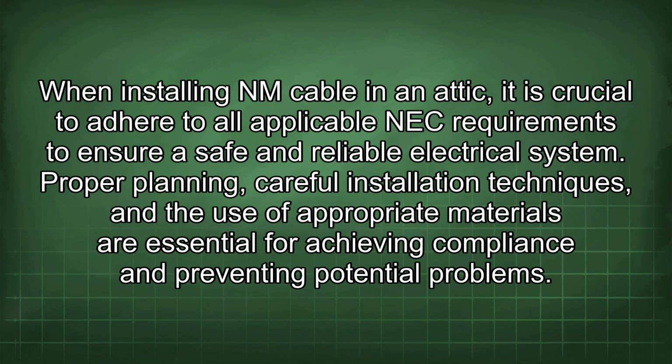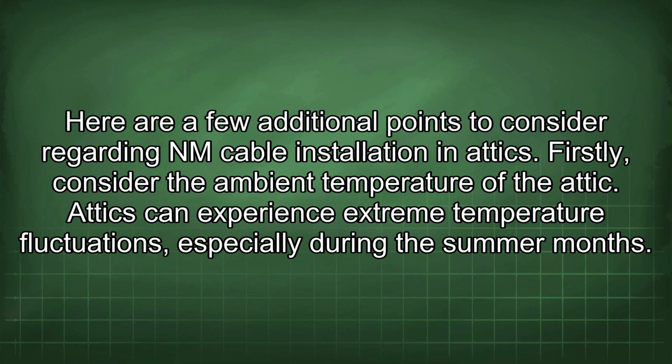When installing NM cable in an attic, it is crucial to adhere to all applicable NEC requirements to ensure a safe and reliable electrical system. Proper planning, careful installation techniques, and the use of appropriate materials are essential for achieving compliance and preventing potential problems. Here are a few additional points to consider regarding NM cable